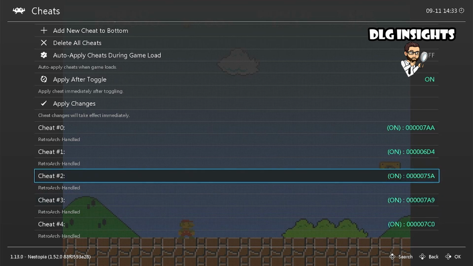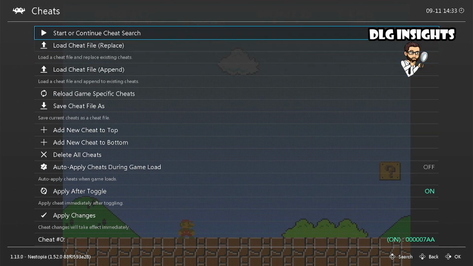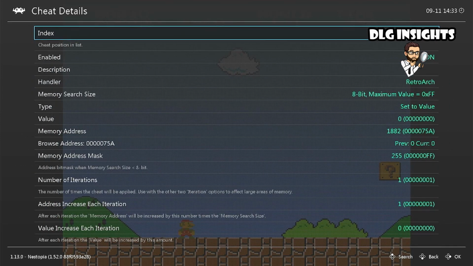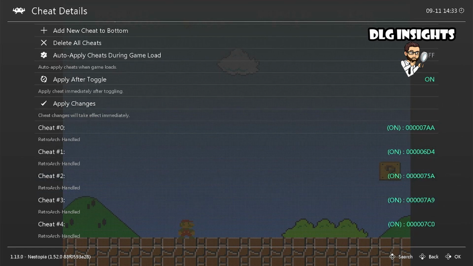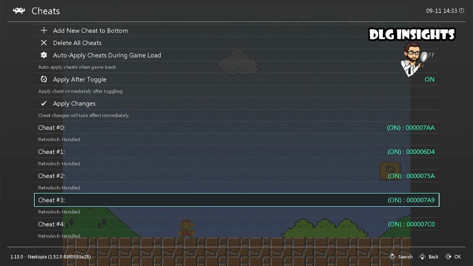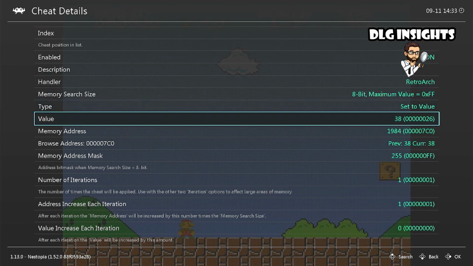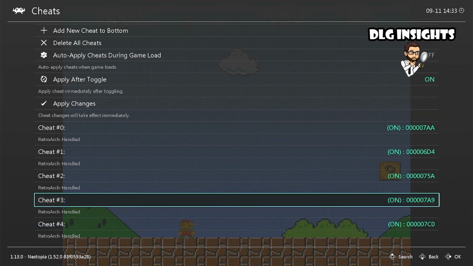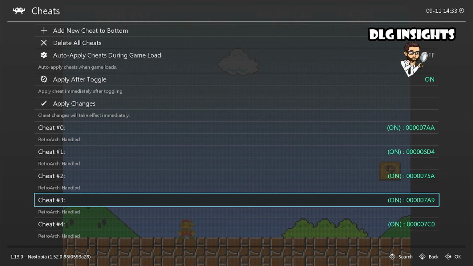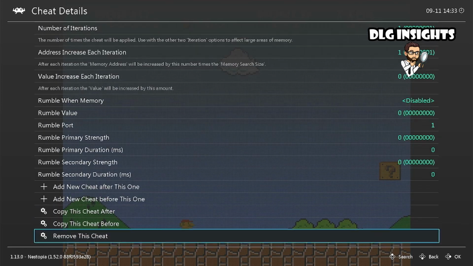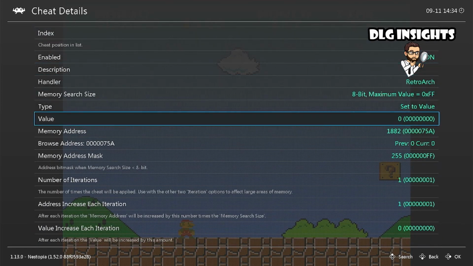So something else that we can do is, if we go onto the cheat and go into the actual cheat itself, one of our values here could be set to 1. And again, it's all trial and error. It's all playing around. Can we find that one of these values can be set to 1? Can we set it to high? Here we go. Okay, so this value here, now 1 being our last life,